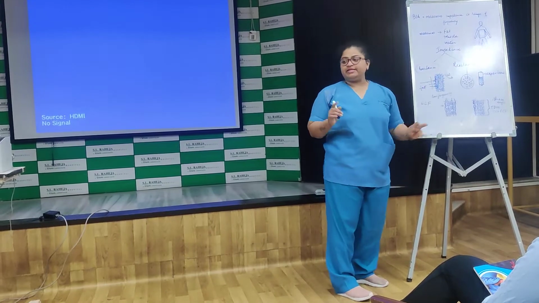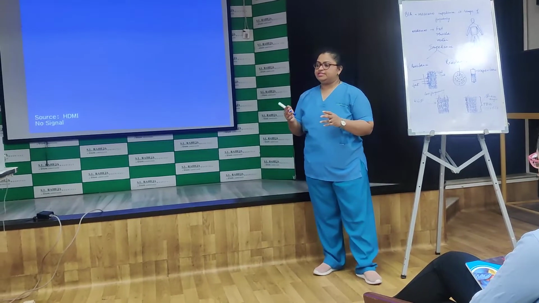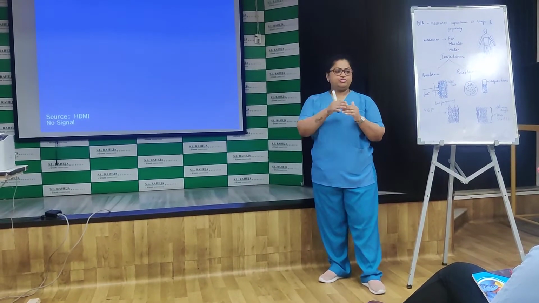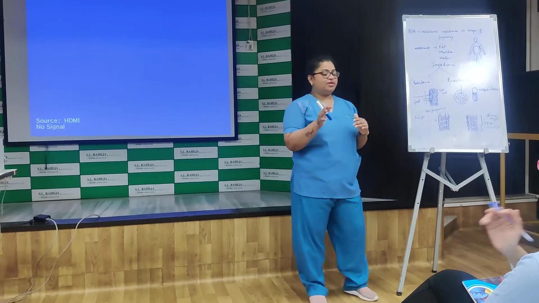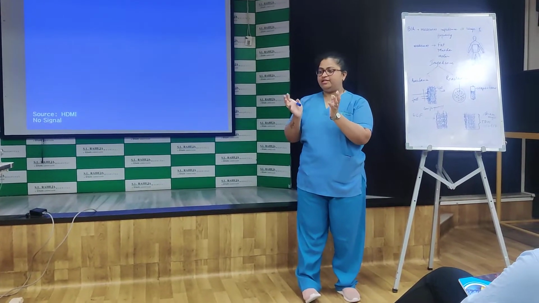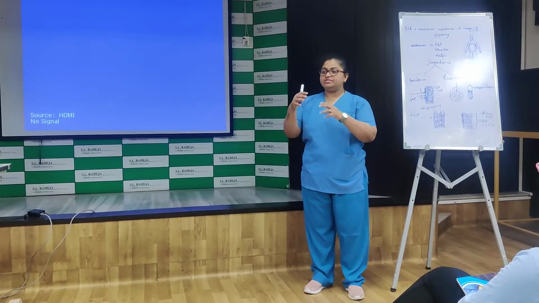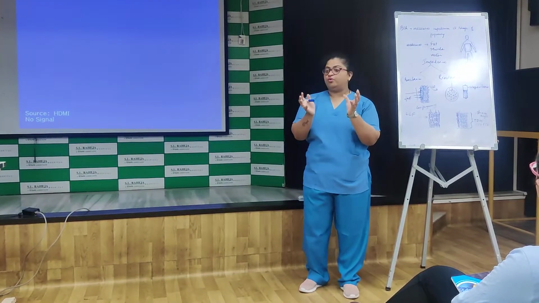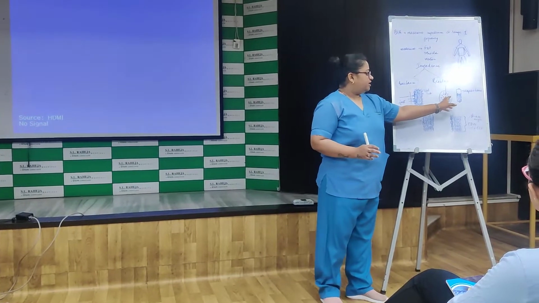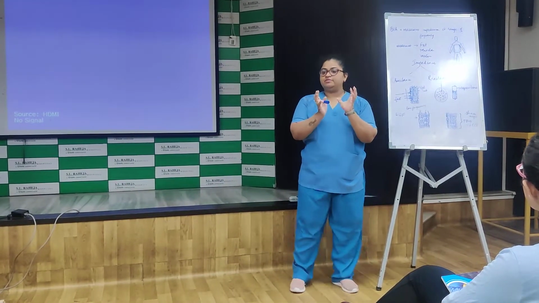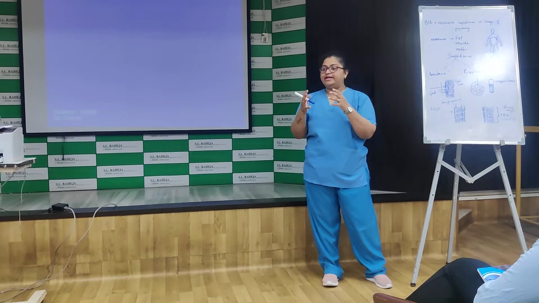And second is the reactance. So what is reactance? Reactance is basically a slowing of the current through any substance when a current is flowing through it. Like a cell in our body. Whenever a current flows through a cell, it has a capacity to store the charge. That function is called capacitance.